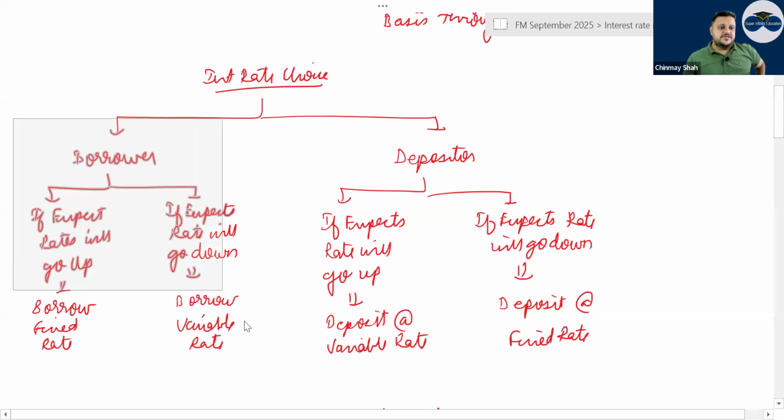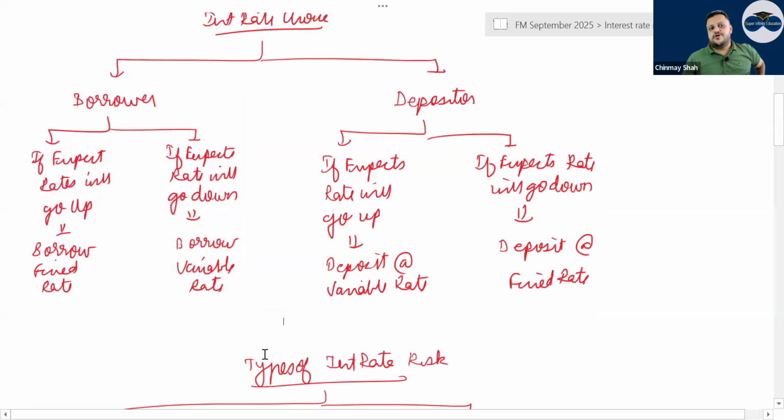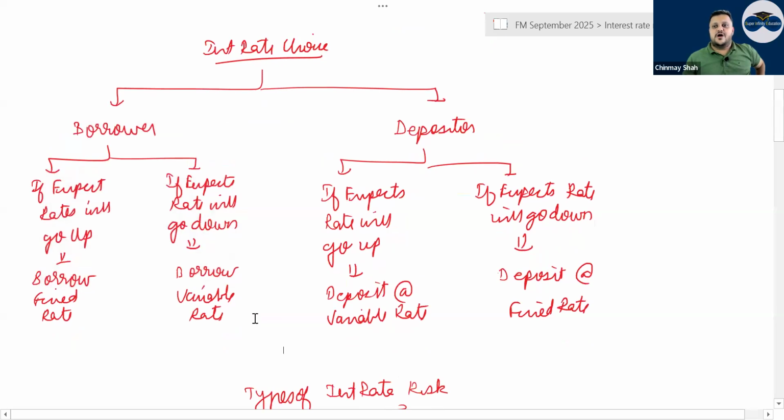Your interest rate choice. Borrower, if he feels that the rate will go up, then he should borrow fixed. Right? And borrower, if he expects rate will go down, then what will he do? He will borrow variable. Depositor, if he expects the rate will go up, then he should deposit at variable. But if he expects the rate will go down, deposit at fixed rate. This table also